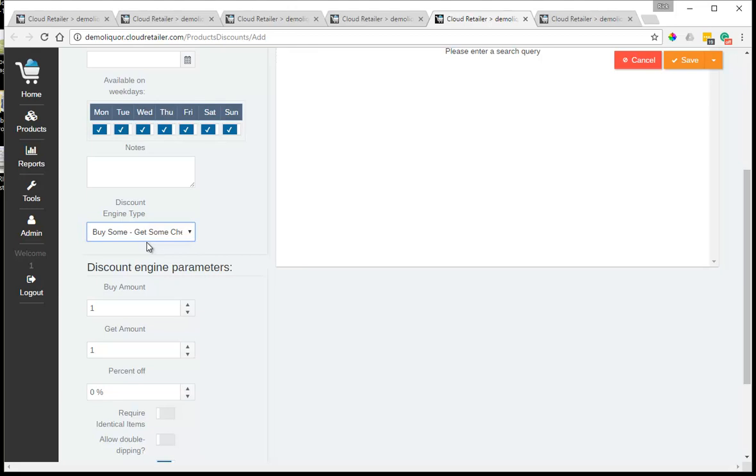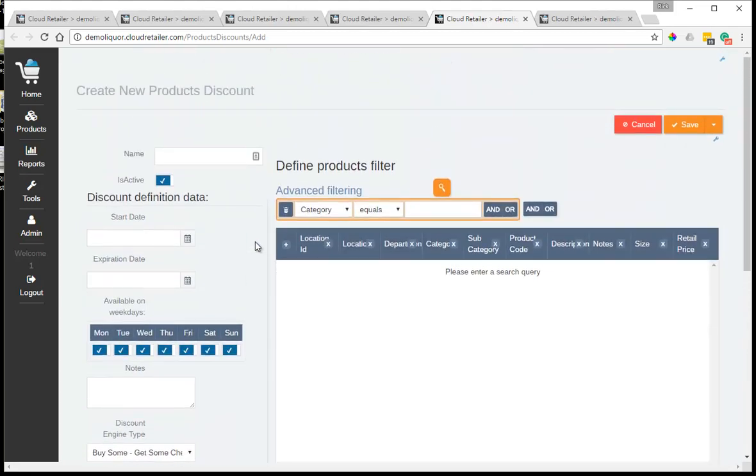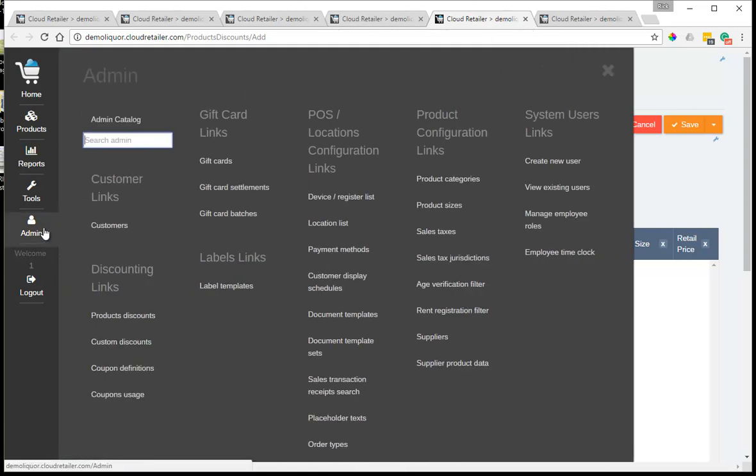The get one's going to be the $90. The buy one's going to be the $80, and then the get one for free is going to be the $70. So the system will optimize the discount to what is fair to the customer and also fair to the retailer. The buy some, get some cheaper is a very intelligent discount scheme. And remember, you can make it so that these get activated automatically. That's a product discount. Activated by way of a coupon only, or activated only when somebody clicks a button. So those are